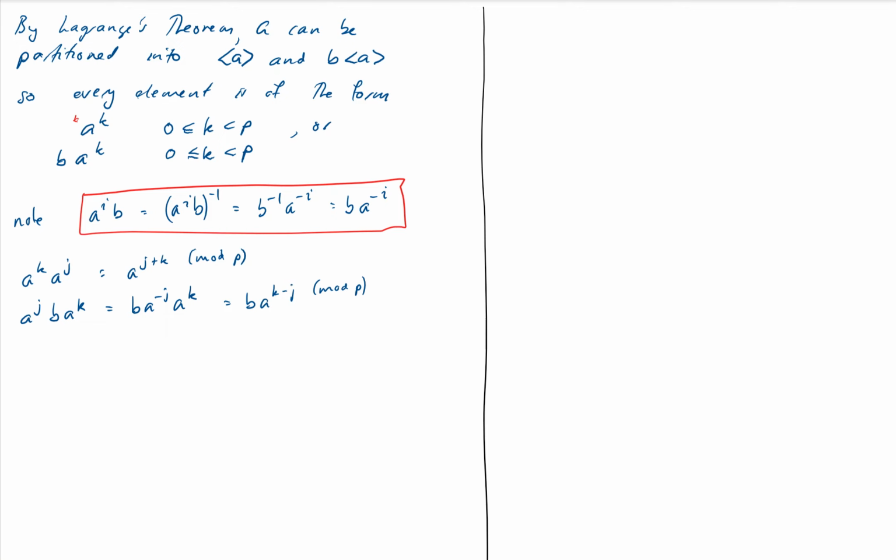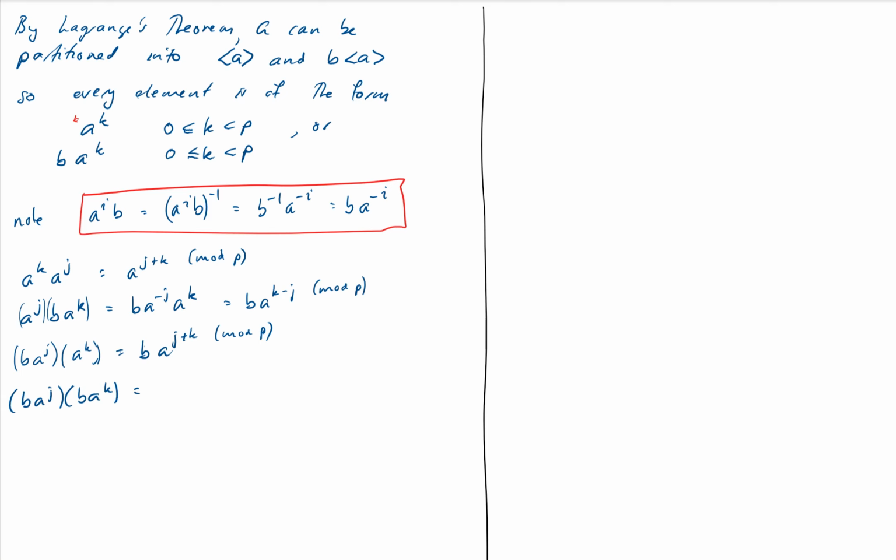Similarly, if I do it the other way around, maybe I should group these with parentheses just so we can see what's happening. If I do it the other way around, B A to the J times one of the form A to the K, I will just get B A to the J plus K mod P. That one's even easier. And last but not least, we need to see what happens if I compose together two of these reflection types